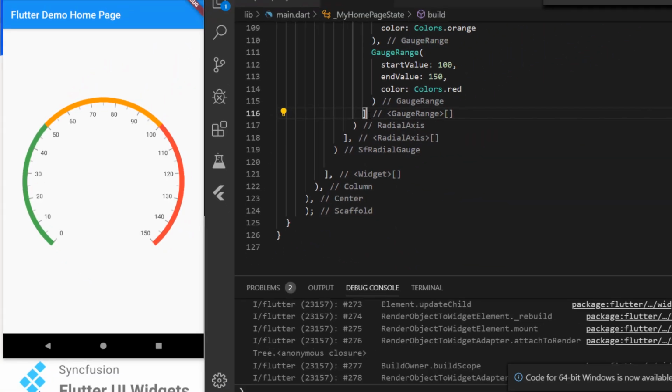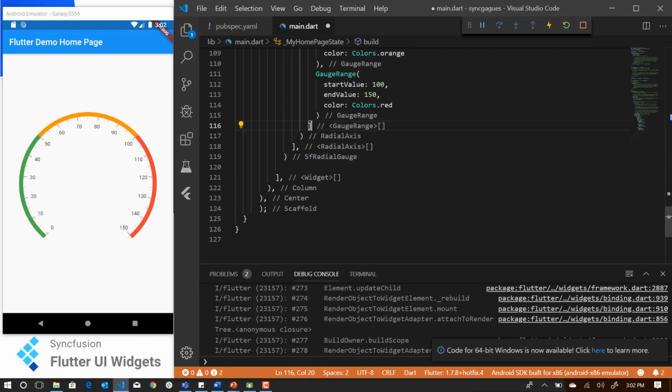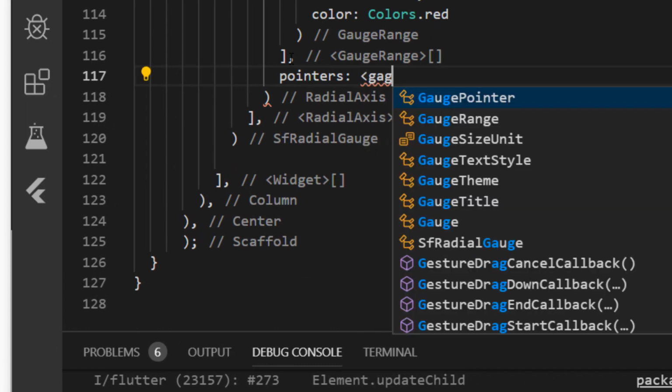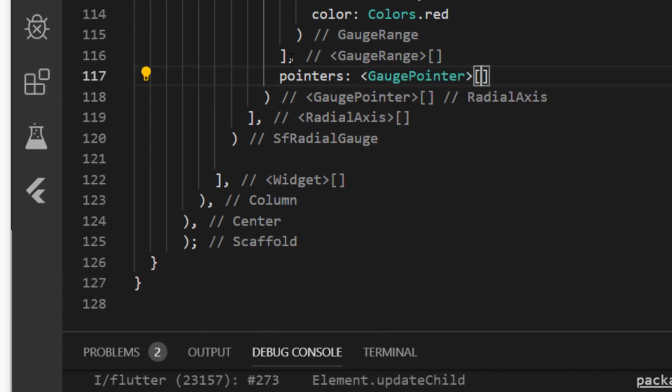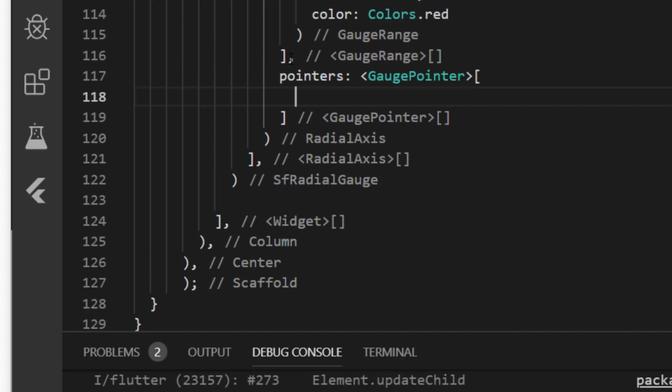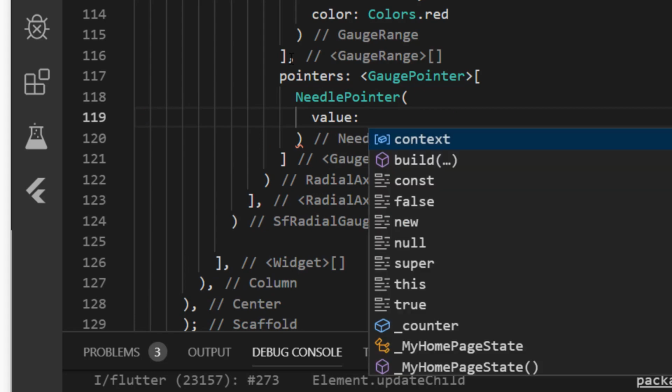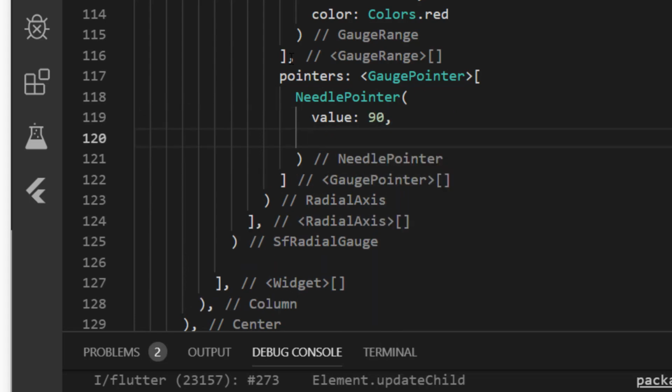Now let us see how to add a pointer to the gauge. Set the property pointers, which is a collection of GaugePointer. Inside this collection, you can add any number of needle pointers. For now, I'm going to add only one needle pointer, and I'm going to set the value as 90, and I'm going to animate this pointer as well.